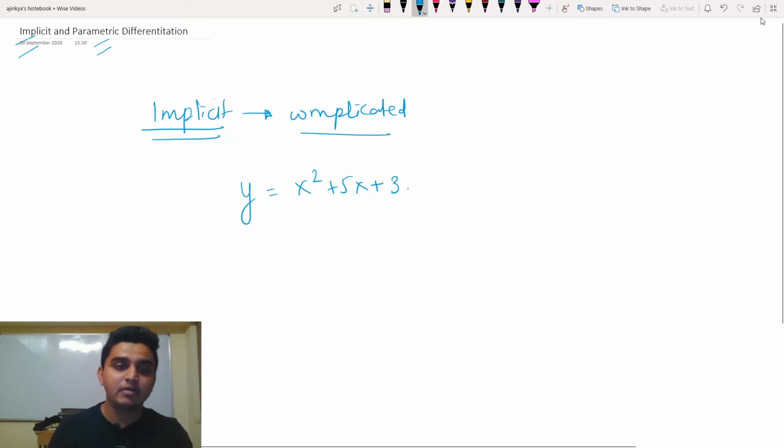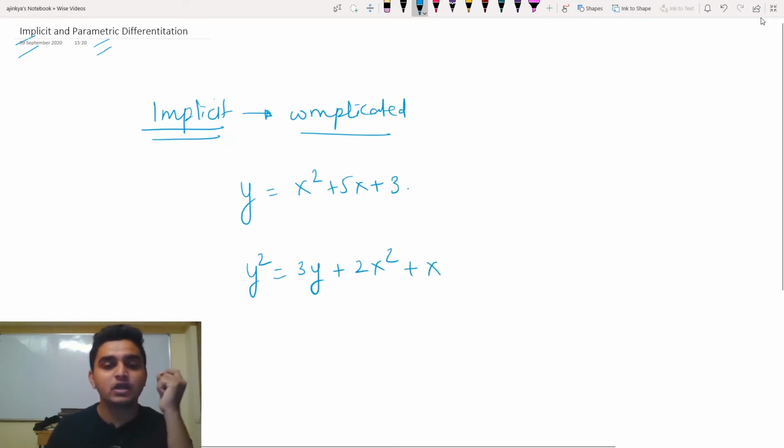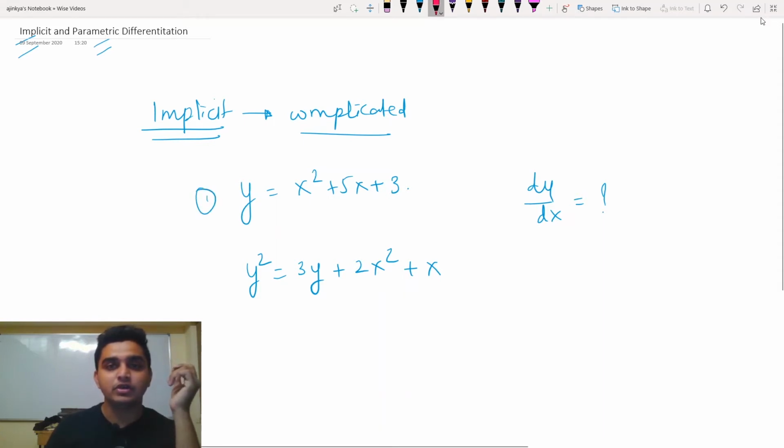And at the same time, if we take y square equals 3y plus 2x square plus x, and you are to ask what is dy upon dx, and which one will be easy, it is straightforward that the first equation, which is y equals x square plus 5x plus 3, will be far